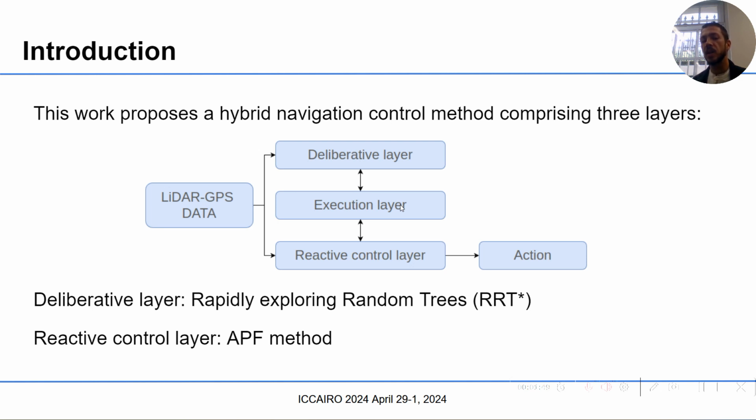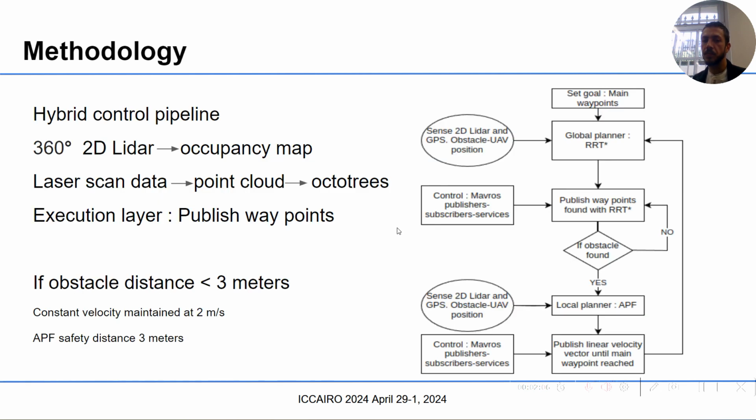global planner, the rapidly exploring random trees star, tries to find the optimal path. Then the execution layer and the reactive control layer, where the APF method is used to avoid the newly detected obstacles. The pipeline of the hybrid control is the following. We feed the algorithm with